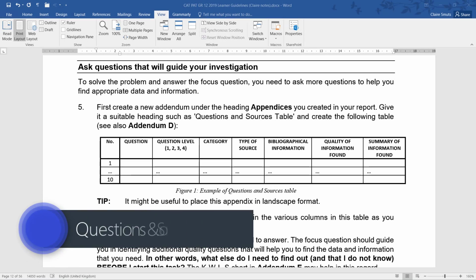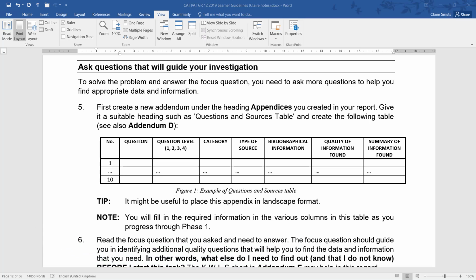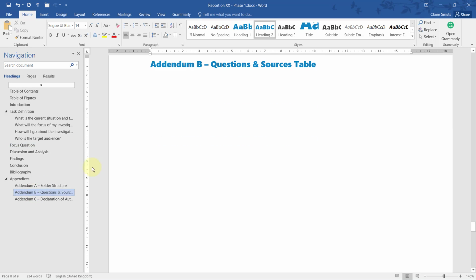Now we'll move on to Addendum B, where we'll be creating the question and sources table. Go to Addendum B, and I'm going to split the table in two. You'll read later on, it actually says we are allowed to do that, and I really prefer working with them